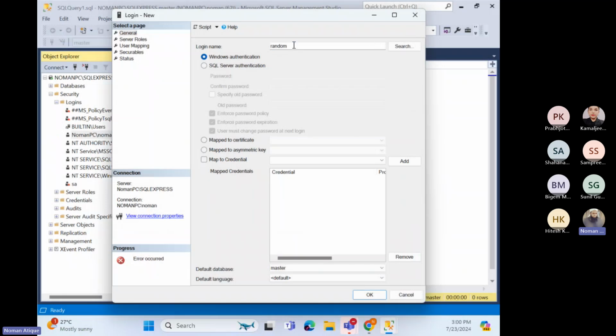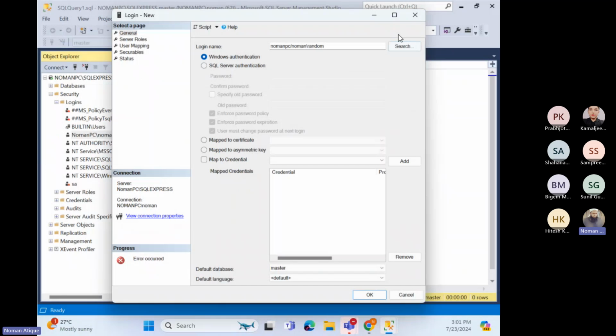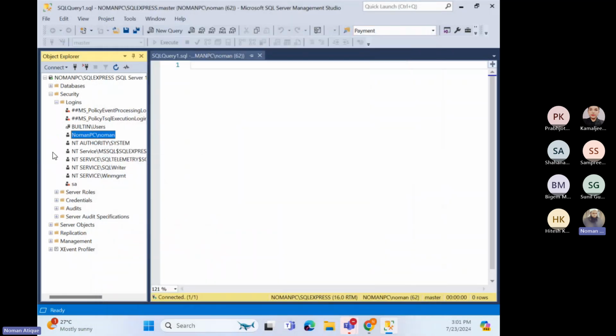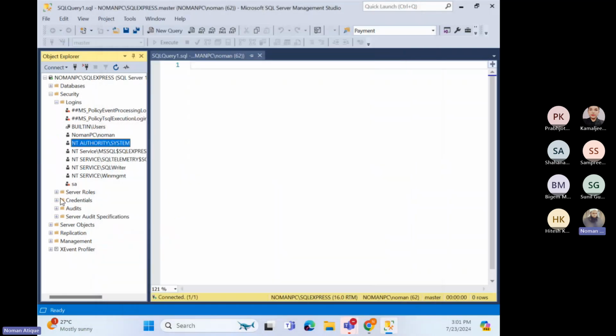If we have already looked at that one, if I just come here and I give it, for example, Naman PC / random, and if I create that one, Naman PC / random, it says not found. User or group not found. So it does not find these empty users, and that is quite interesting because now it's becoming very interesting because, as I told you, we have got a lot of that. This is the login name here, and